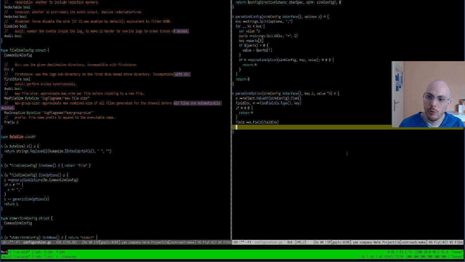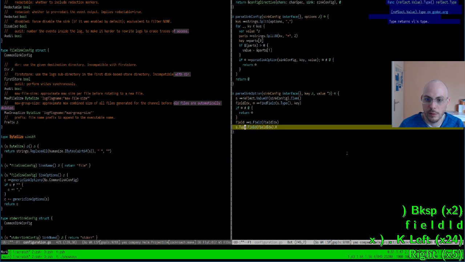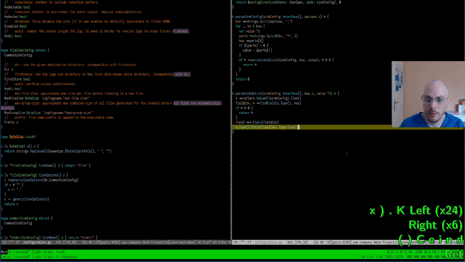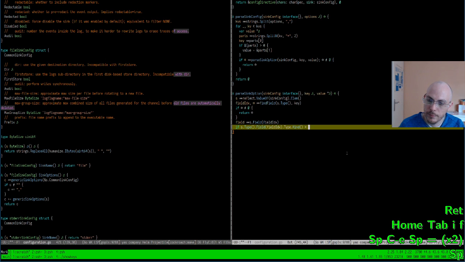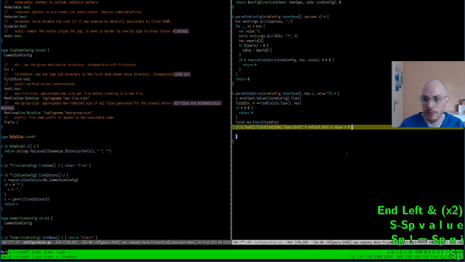So I'm going to start simple. s.type.field kind, type kind, kind.bool, and the value is not nil.